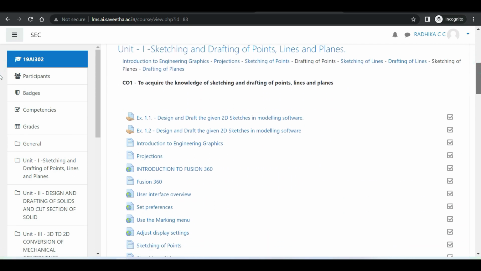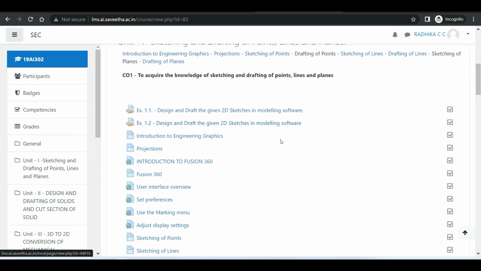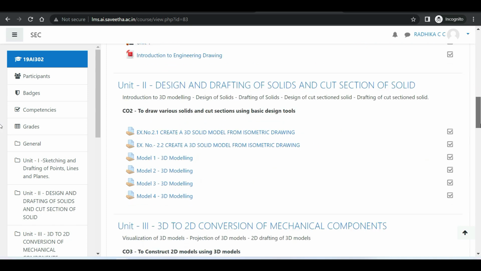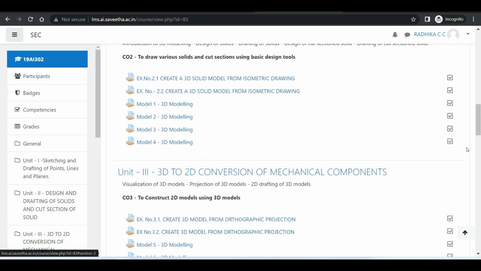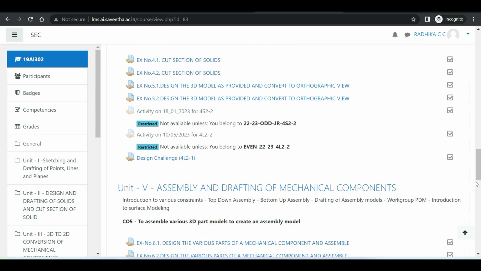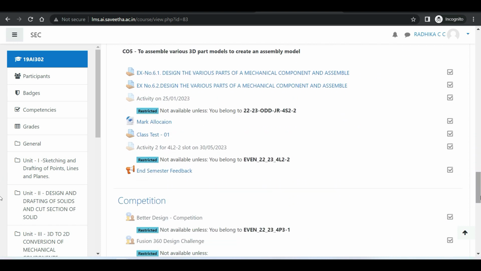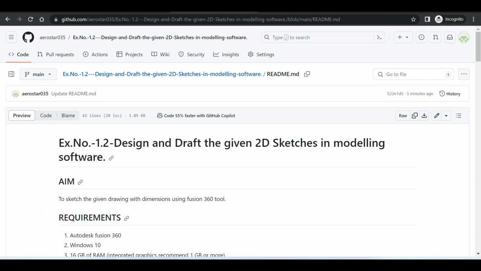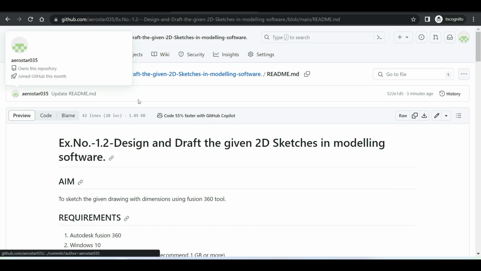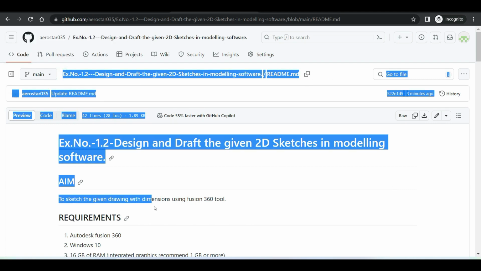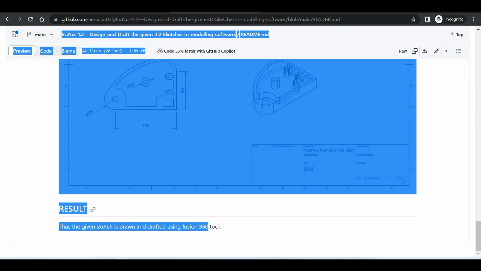So once it is done, you have to log in to the particular course and come down. You have done this in GitHub. So exercise 1.1, 1.2, similarly 2.1, 2.2, when you scroll down, 3, whatever exercises you have completed so far, you have to upload two things. One is the GitHub image. After saving the file from the exercise heading, you have to copy everything, use Control C, followed by